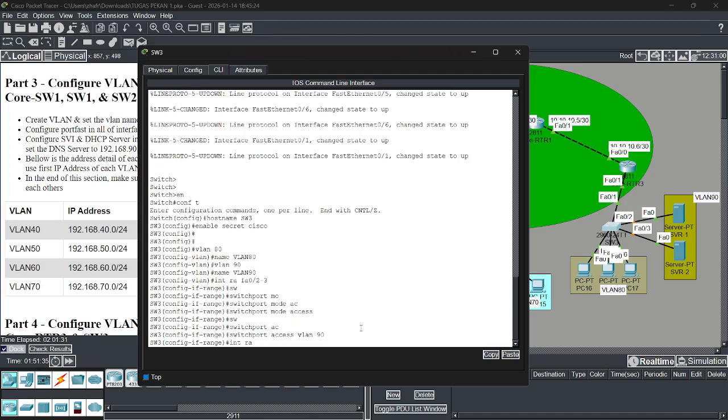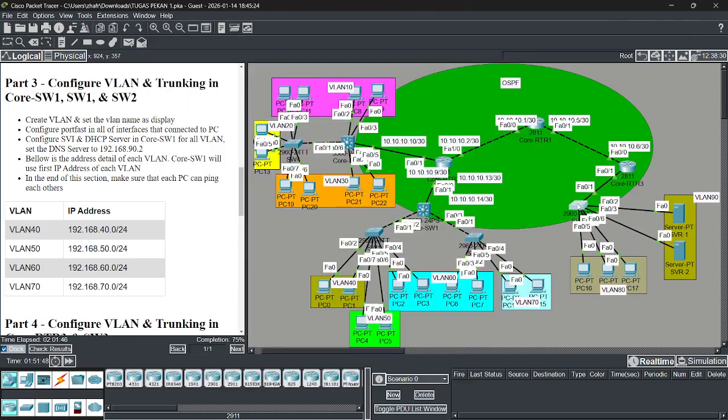Interface range FA0/4 to 6, right, 4 to 6.